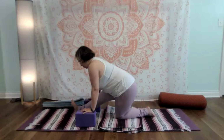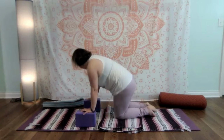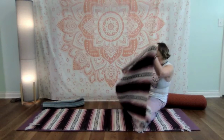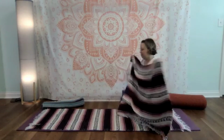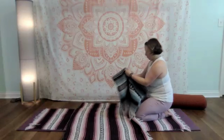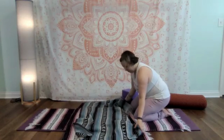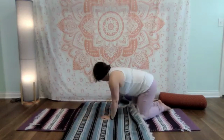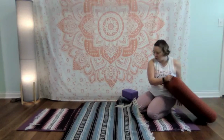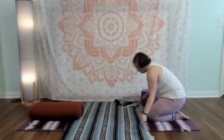And when you're ready, we are all set to come into frog. So from here, I'm just going to set myself up so my knees are happy. So I'm going to undo these blankets here so my knees have cushion. And I am pretty sure I'm not going to go all the way down to the ground today. So I'm going to bring my bolster in here. Good. All right. So from here,